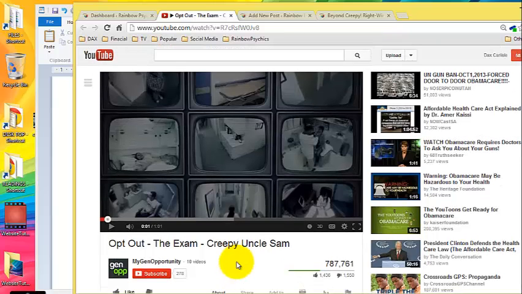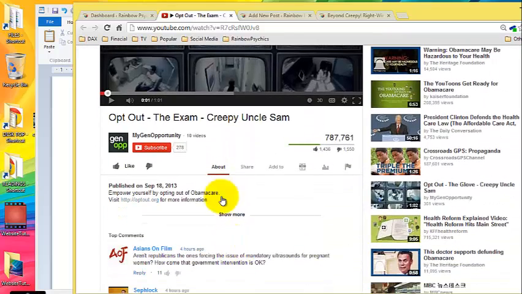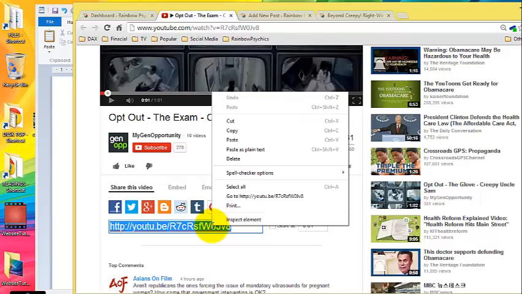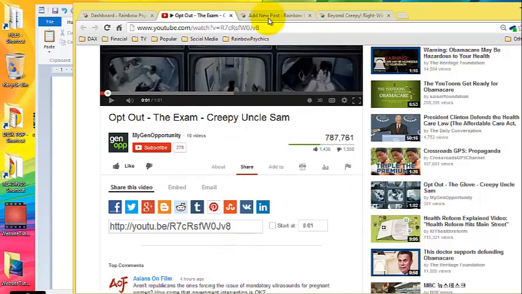And one of the nice features of this system is you can easily post any video real quickly. So here we are on YouTube, the original video, and I'm going to go to share, and it's going to bring up this URL. Usually it's already highlighted. I just highlighted it. I'm going to do Control-C to copy it, or you can do right-click copy, and then I'm going to go back over to my post,